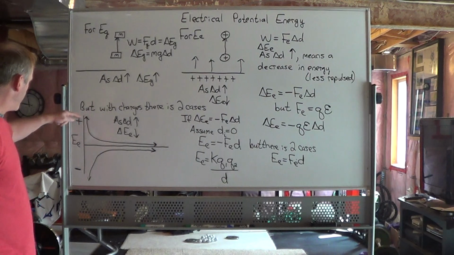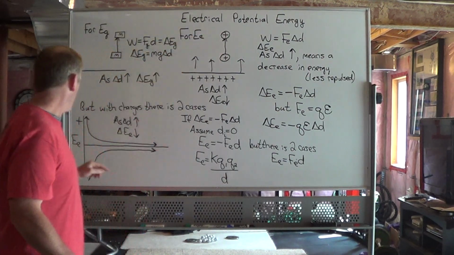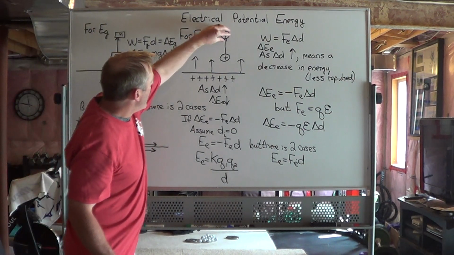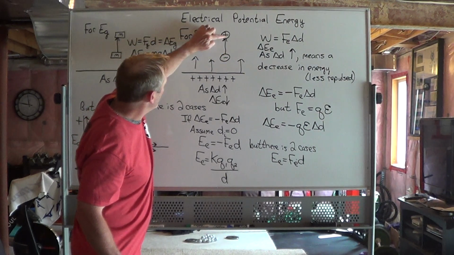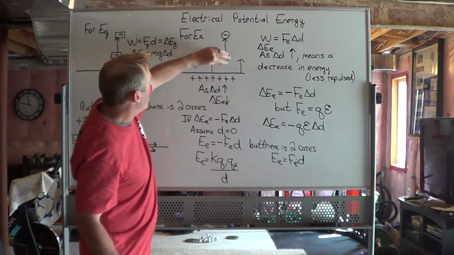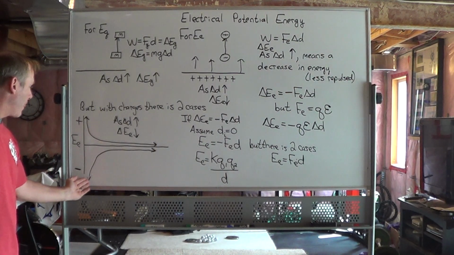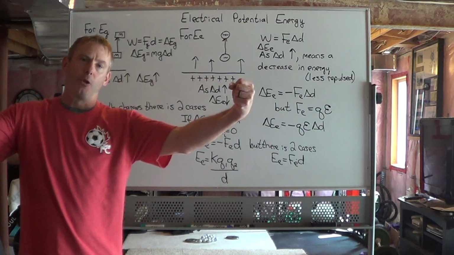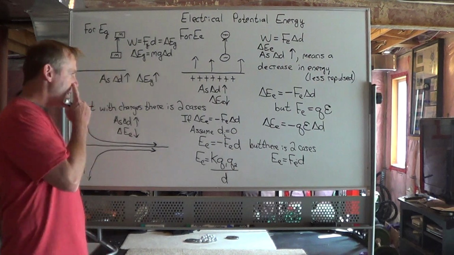With two positive charges, if we move a positive charge away from the positive plate, again, the energy decreases. If we move a negative charge, say this was a negative, move this negative charge away from the positive plate, again, we're going to gain energy. Because again, it's like a spring, they're pulling them apart. Now again, like I said, we're worried about the change, which gets me to my next point,